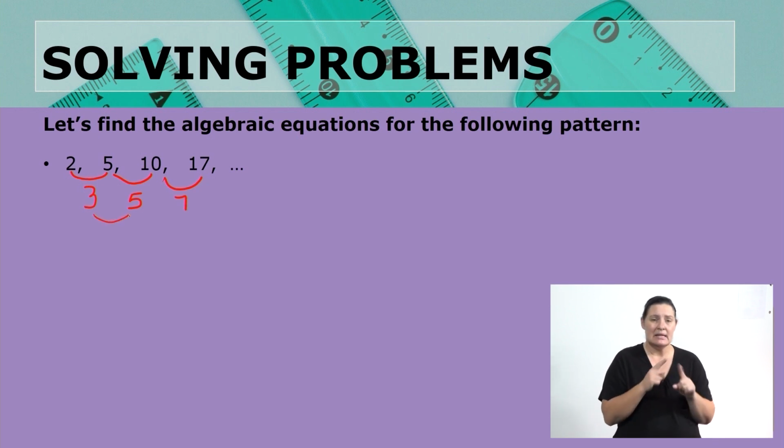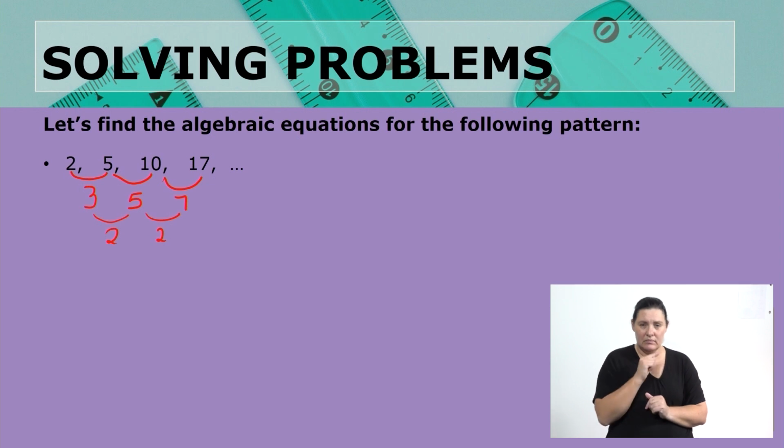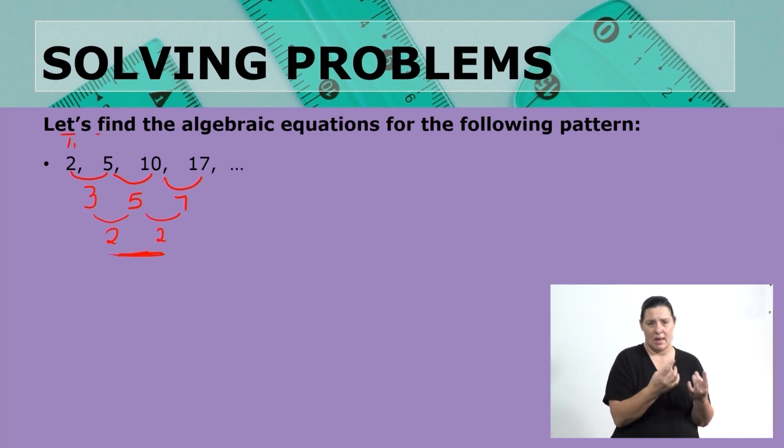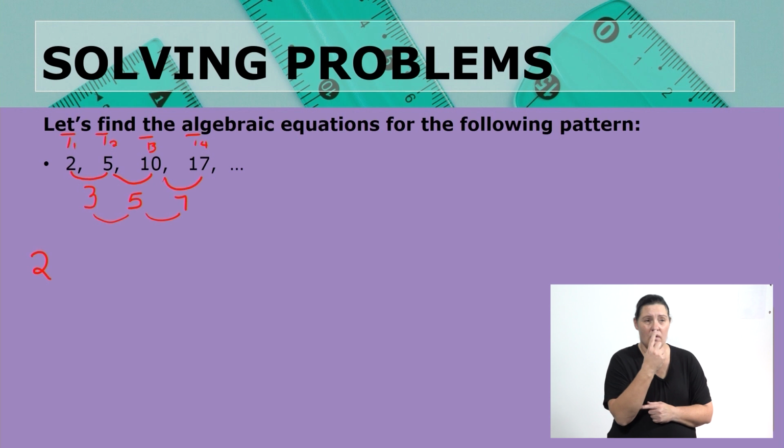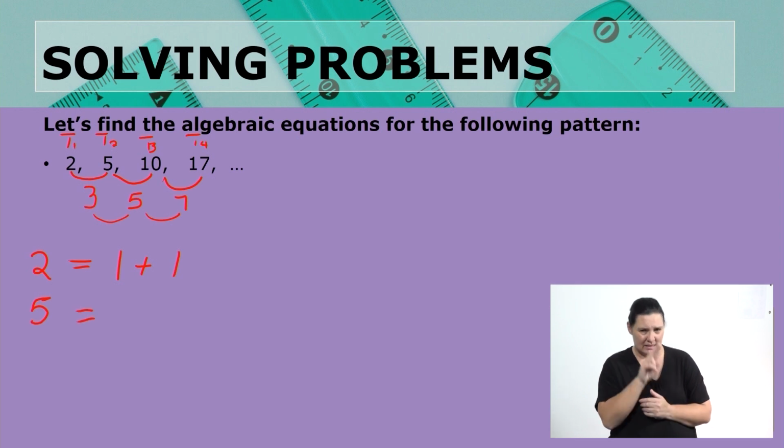So we can see that the difference between the differences is 2. So now it's the second difference that is constant and not the first one. But what is the relation between the term number and the term itself? When I am looking here at the 2, which is the first term, I can see that 2 is 1 plus 1, right? So when I look at the 5, I can see there that the 5 is actually